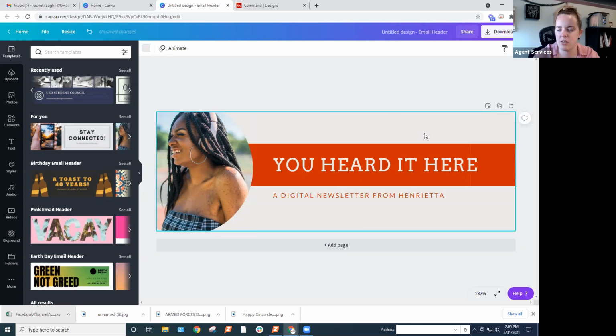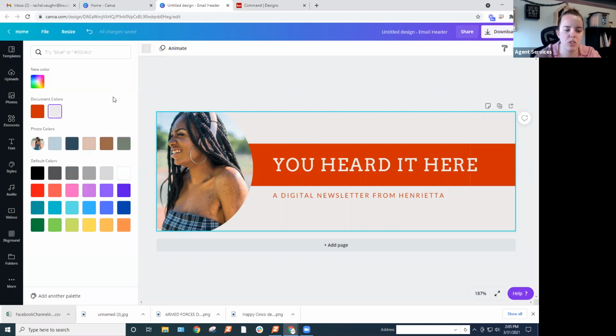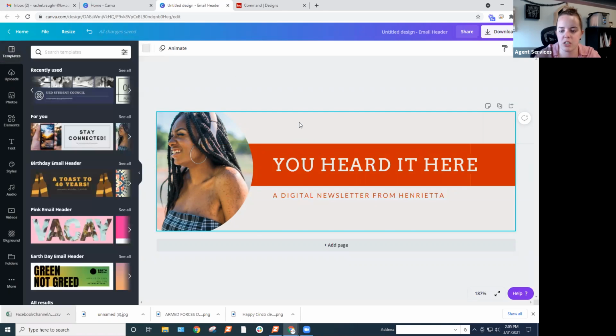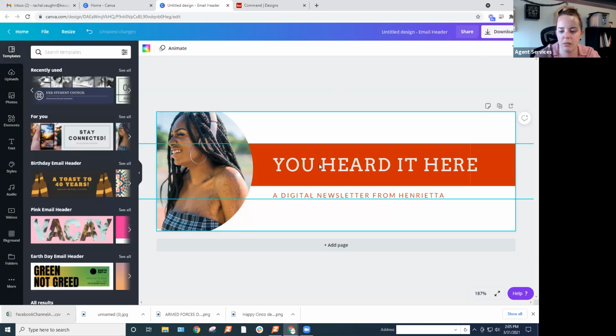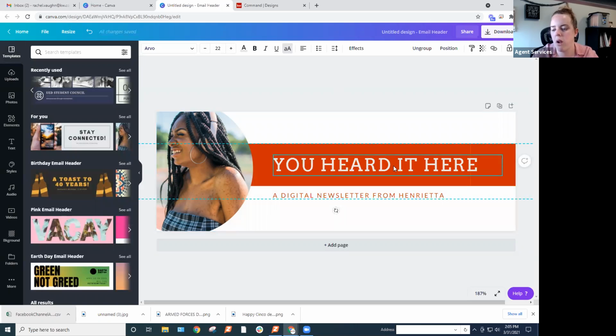So as you can see, I don't know how well you can see, but the background is a pinkish grayish color. It's not really white, and the background of my emails is going to be white. So it's up to you if you want it to stand out a little bit, or if you want it to blend. You can absolutely change the color. What I did is I just clicked on the square and clicked up here for the color, and you can change the color. There's a new color that you can choose specifically, or they have default colors. So I'm going to make it white,